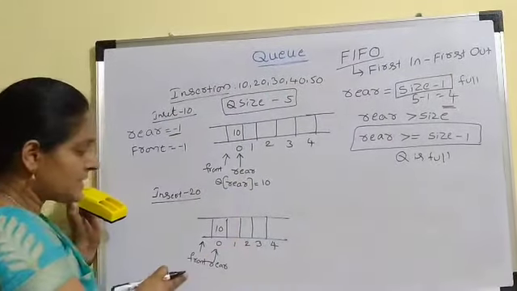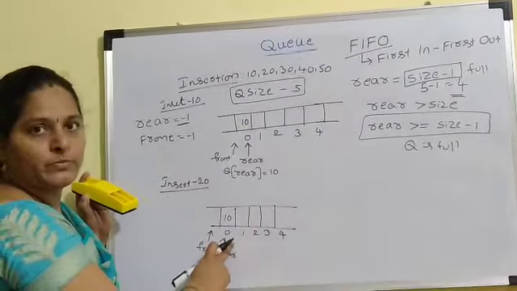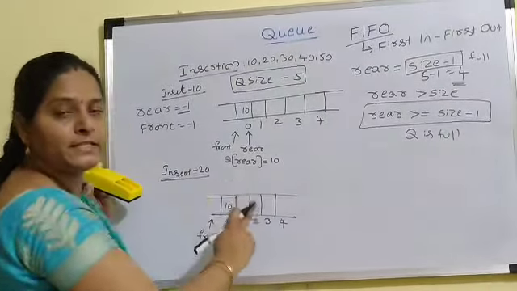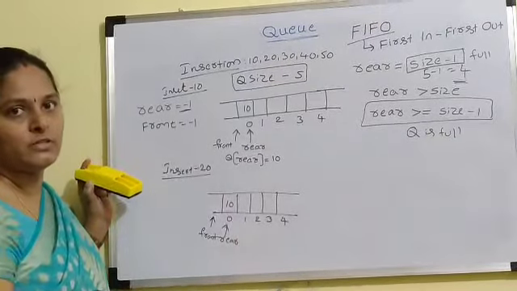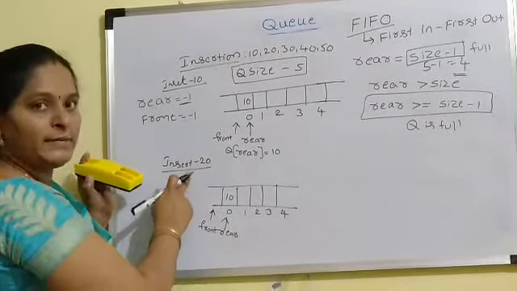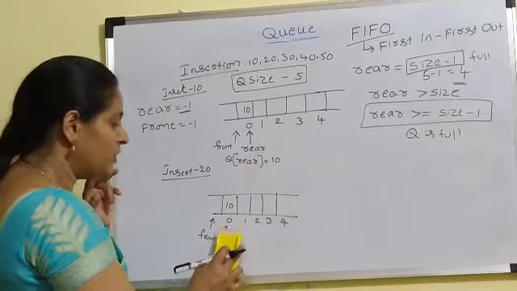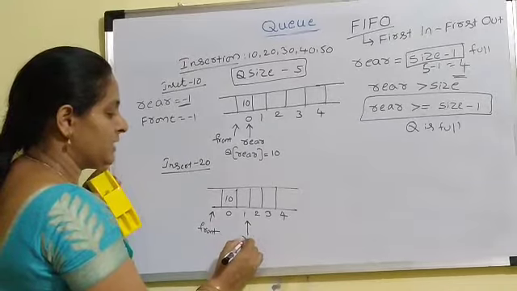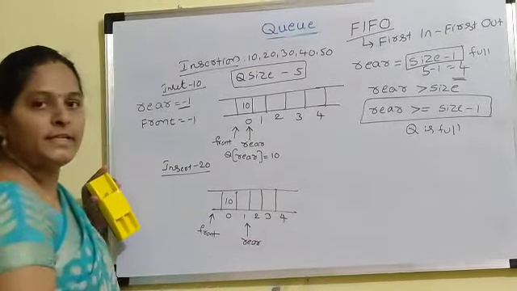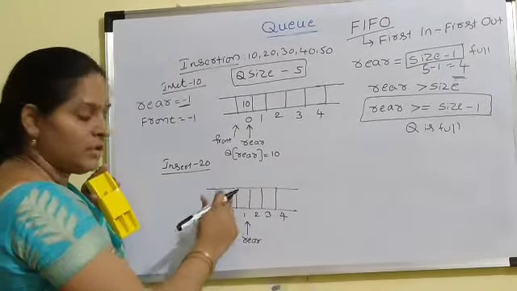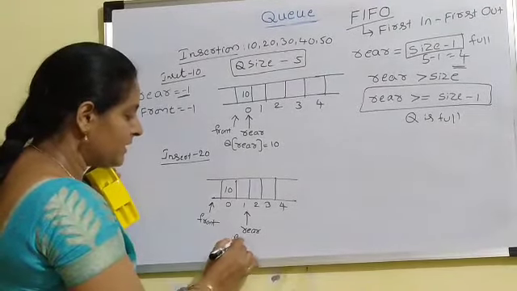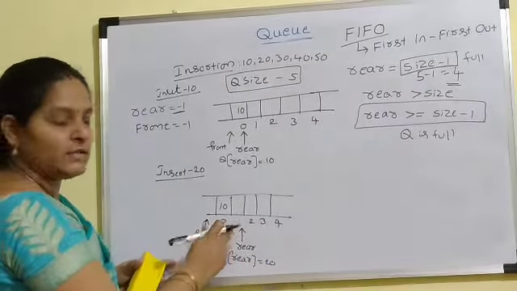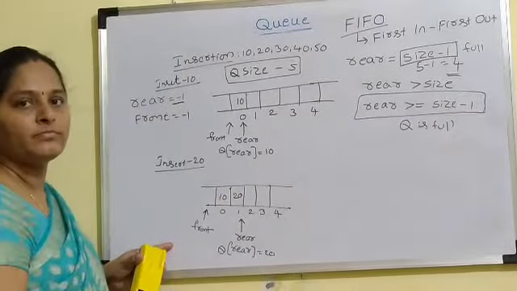See here, in this example, your rear position is 0. Here this condition fails. That indicates that the queue contains some empty locations. Alright. Now try to insert 20. So before inserting 20, what do we need to do? We need to increment the rear pointer by 1. So the rear pointer moves to the first index position. Now this position is empty. Wherever the rear pointer is pointing, there we need to insert 20. So the rear pointer is pointing at index 1, so insert 20 there.